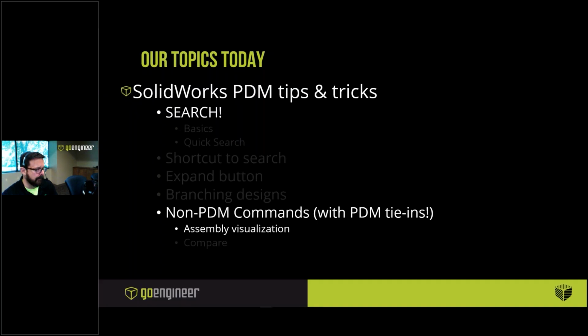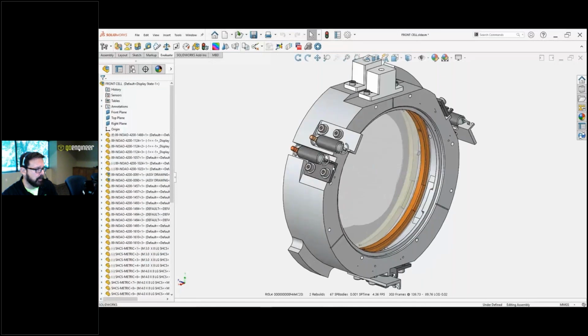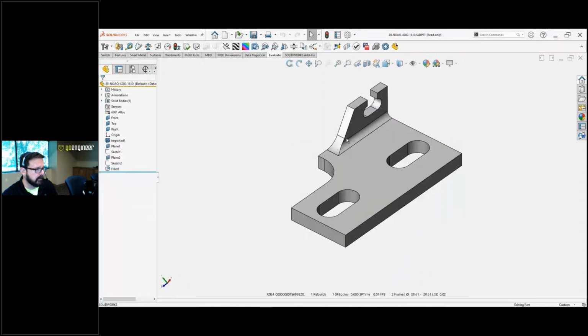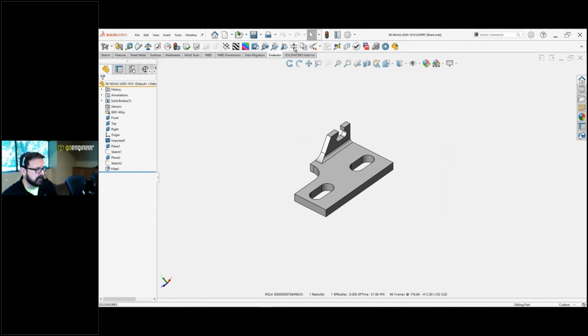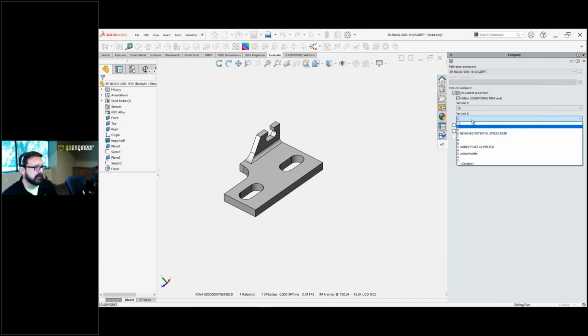Okay, next, let's take a look. That was assembly visualization. Let's take a look at compare. Again, not a new command, been around for a really, really long time, but pretty cool. So if you look right here, let's zoom in on this, and then we're going to run the compare command. And there's the part, but this is where the PDM tie-in is. Look right here. I can actually go get a previous version or revision out of the vault. How cool is that? So we can compare the current version with Rev A,